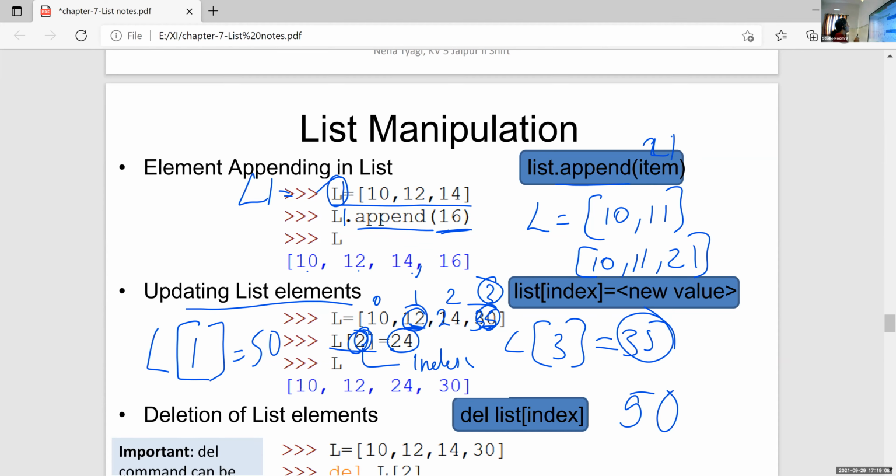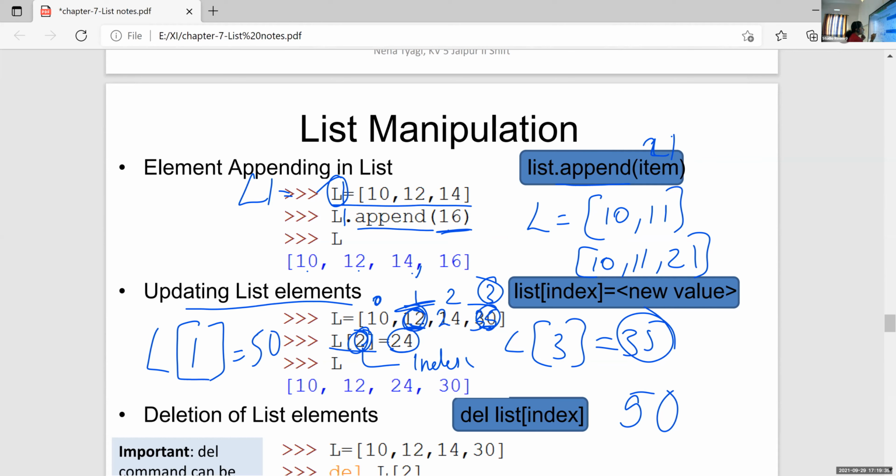So updating list elements is done using the index value. There is no need of writing the value; instead of writing the value, write the index value. We don't know the index value automatically, because at the time of creating a list with some values, the index values are not generated. So just write with pen or pencil the index value.